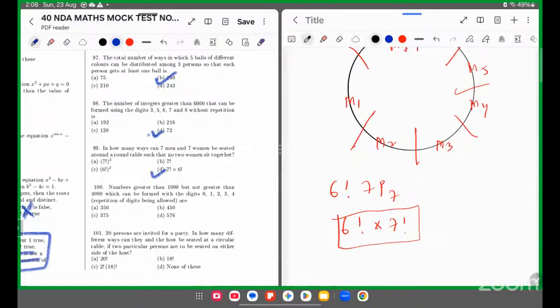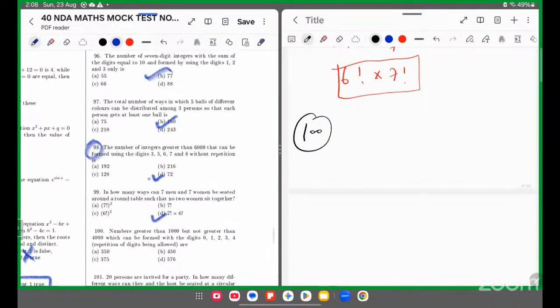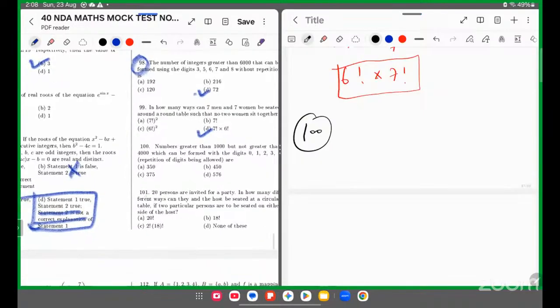फिर नेक्स्ट 100, नंबर्स ग्रेटर देन 1000 बट नॉट ग्रेटर देन 4000 विच कैन बी फॉर्म विद डिजिट। ये तो सेम क्वेश्चन है वैसे ही, जैसा क्वेश्चन 98 है वैसे ही ये भी है सेम। 101 नहीं है, 100 वाला क्वेश्चन सेम करने का।